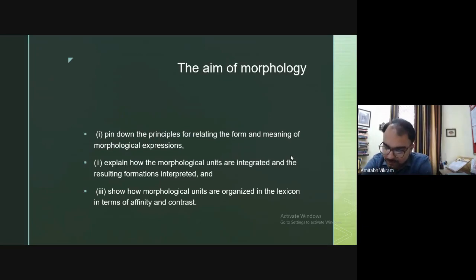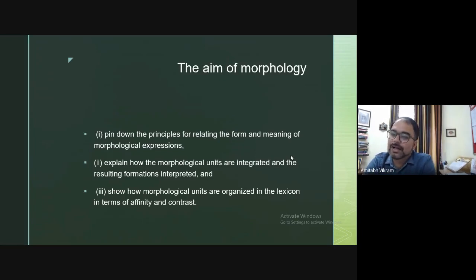For example, when we want to make plural in English, generally pluralization is like adding the letter S or ES or IES. That is the general understanding. For example, if I have fruit and I want to make it plural, I will say fruits. And I have church and I want to make it plural, then I will say churches. Yes, fine. So this is basically the principle. But again, there are certain exceptions to this principle.